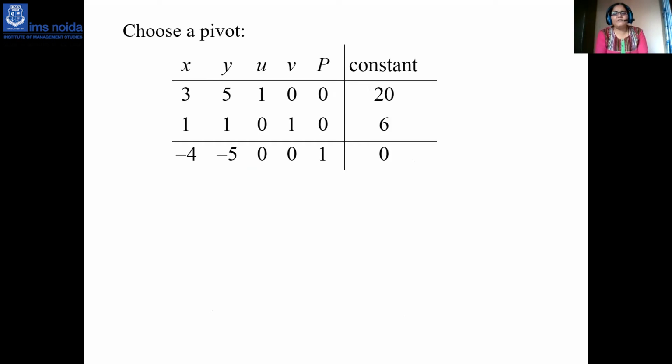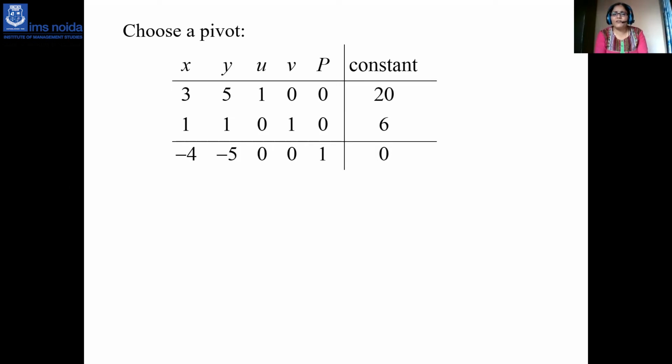First, you have to choose the pivot column, where you are getting the most negative quantity. You can see in the Z row the most negative quantity is -5. So the -5 column is your pivot column. Then you take the RHS constants 20 and 6 and divide by the column values. 20 by 5 you are getting 4. 6 by 1 you are getting 6. So 4 is the minimum value, and you have to take the minimum value row.